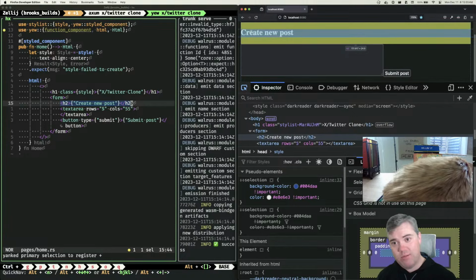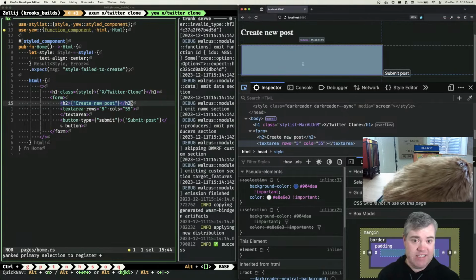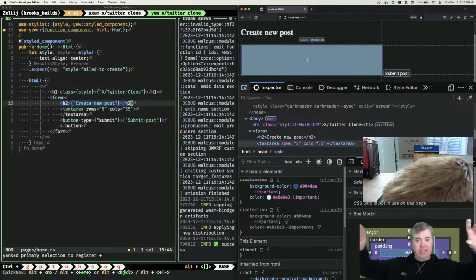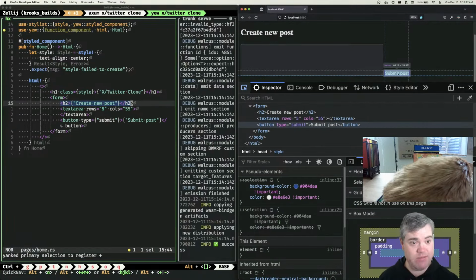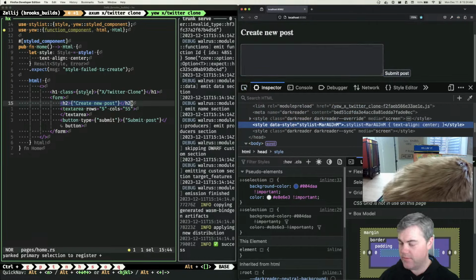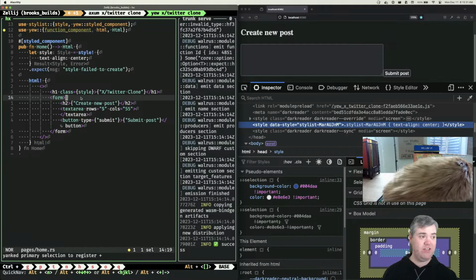The yellow above the blue of the selection is showing me the margins and potentially paddings that are also applied to it. So this text area box only takes up its own space. It doesn't take up the entire line, so it's what we call inline. Everything else goes around it. And the same thing with a button. So if I want these to be all on their own lines, we have to do something about that